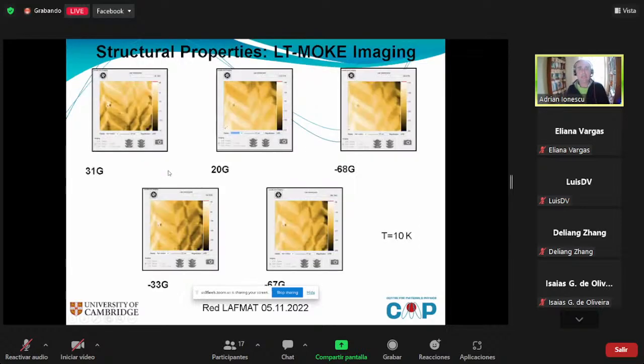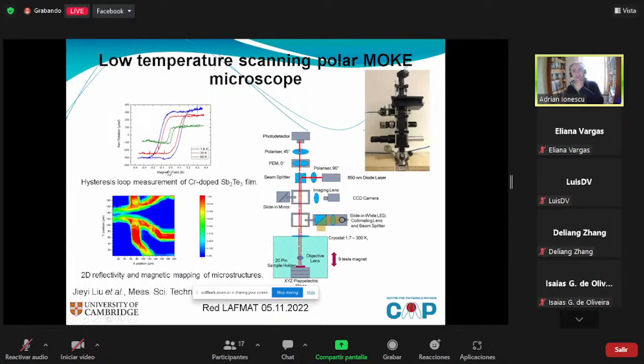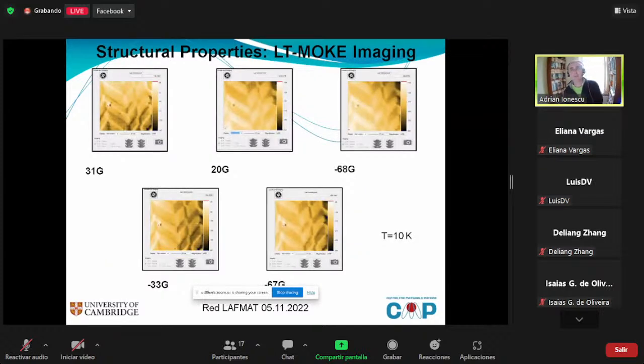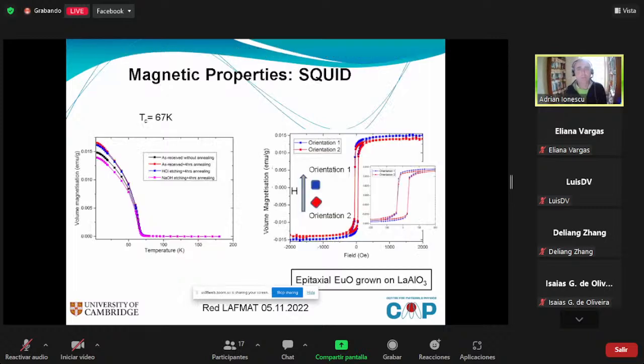I think that my colleague Dr. Newton had introduced you already in his talk the low temperature scanning polar MOKE microscope. So I will not dwell too much. This was maybe a month ago or so when he gave his talk. We used low temperature MOKE basically similar to how you image the structural domain by atomic force microscopy. You can